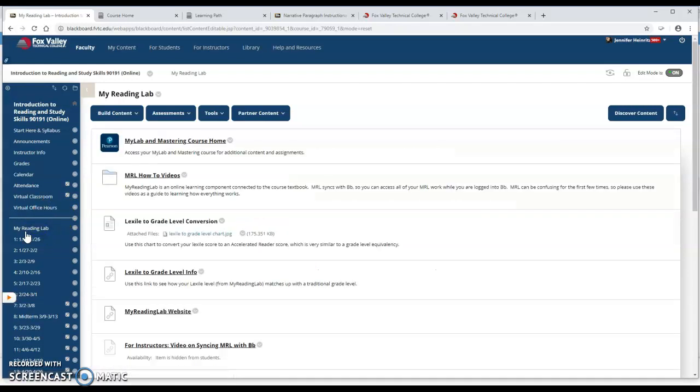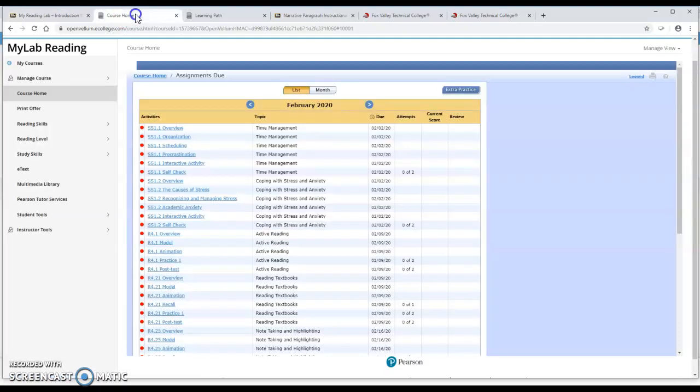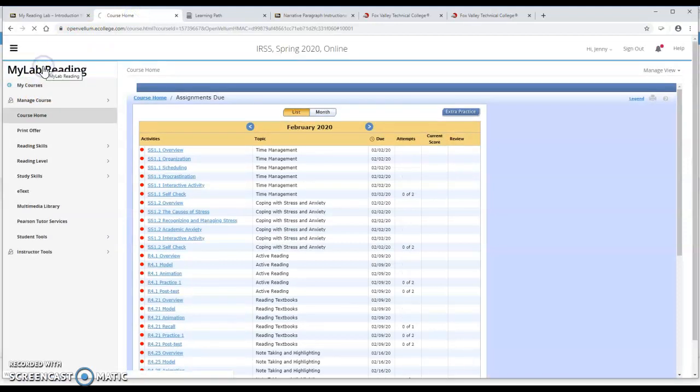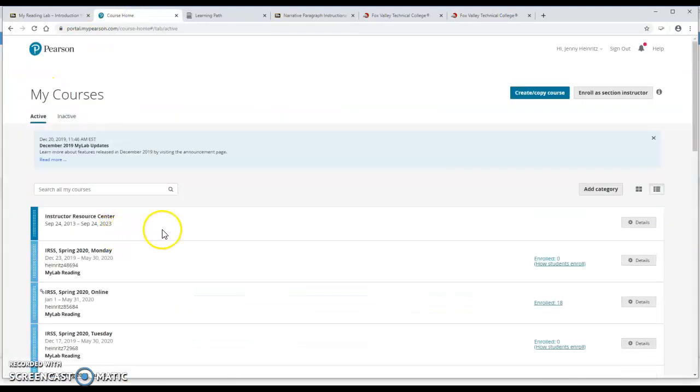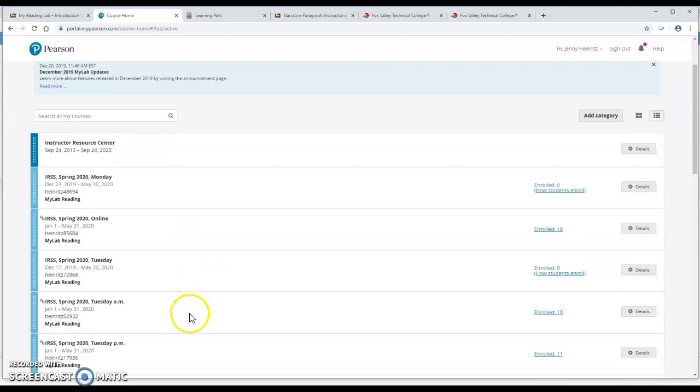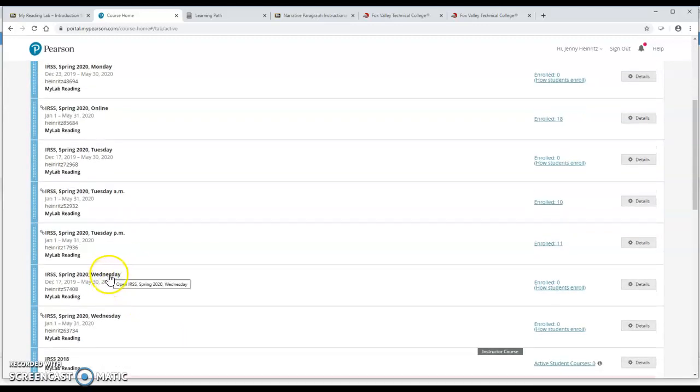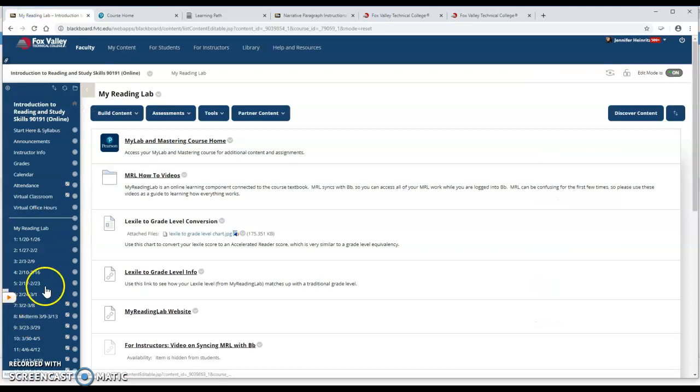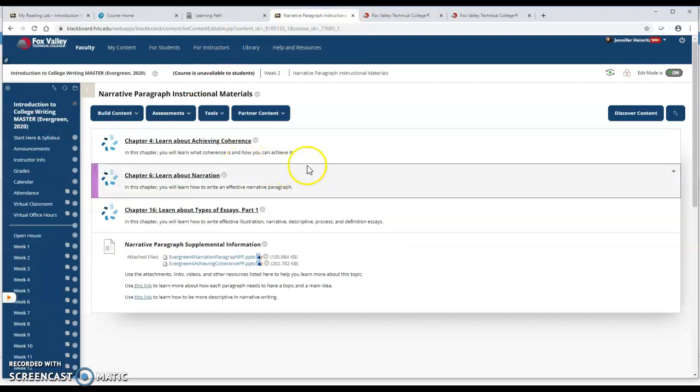The way we have it now, when I go back into My Reading Lab, every semester I have to go into my courses and create a new course for that semester, and for every day of the week that I'm teaching, I have to go into My Reading Lab and update and change the due dates, and then sync it back over to Blackboard and make sure everything is correct. Whereas when I am in MindTap,